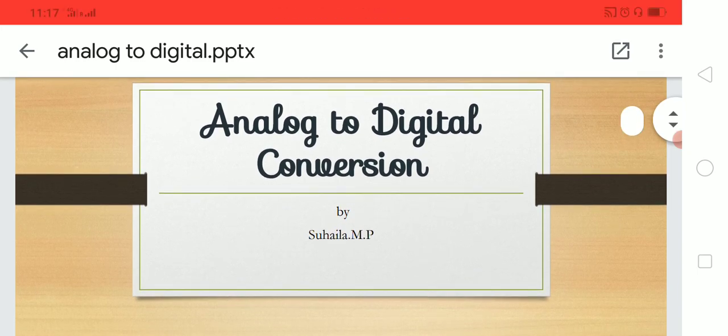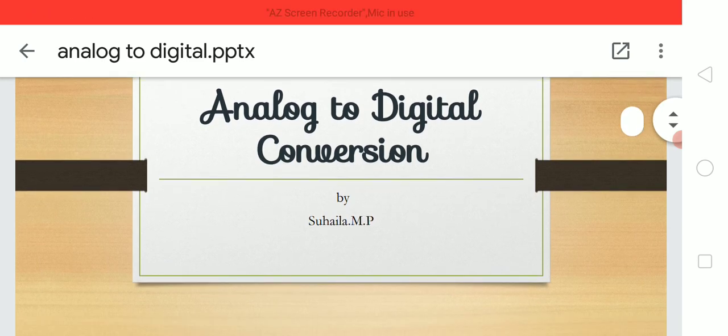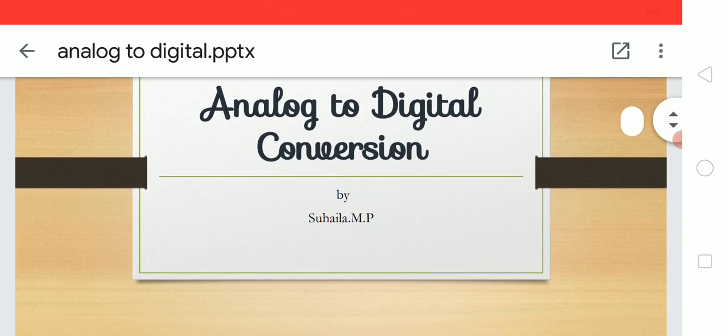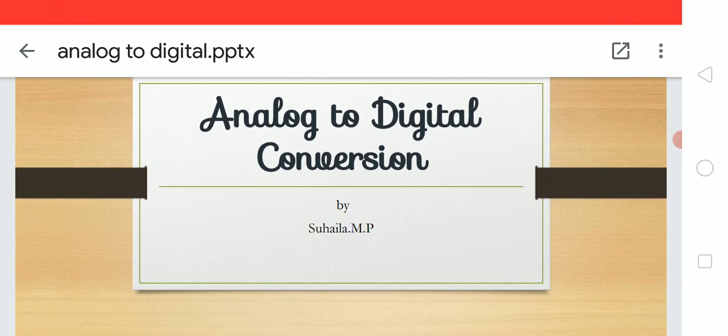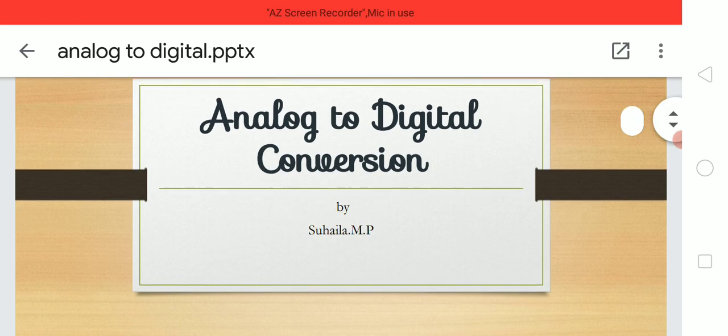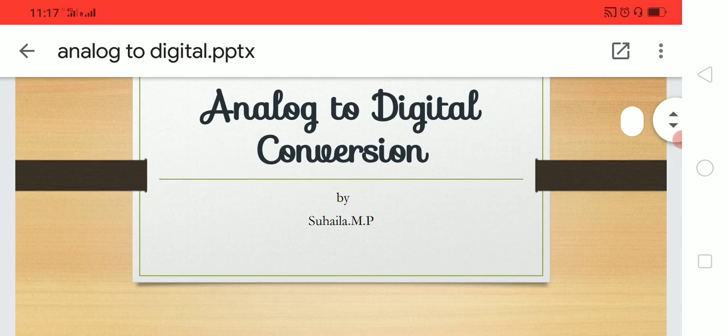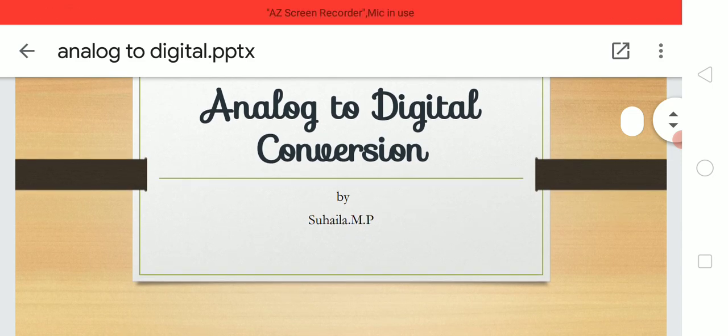Knowingly or unknowingly, we all use ADC and DAC in our day-to-day life. For example, whenever we stream music on our smartphone, the digital bit stream is converted into an electrical signal, and through the smartphone speaker we are able to hear the music. This is the DAC. Similarly, while we are talking on the phone, the microphone converts our voice into an electrical signal. This is done through the ADC.